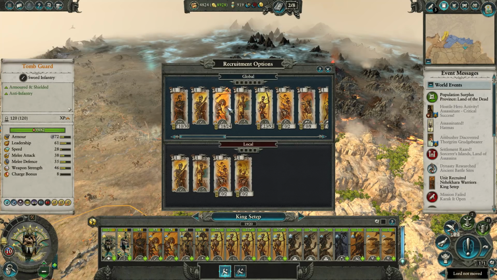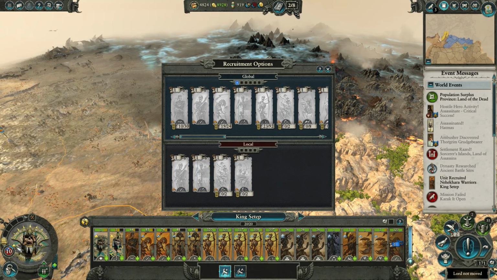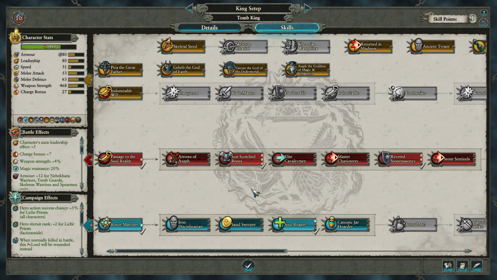Replenishment is not the best. Let's pick up a fresh Tomb Guard. Wow, we lost a lot of ranks, didn't we? Well...